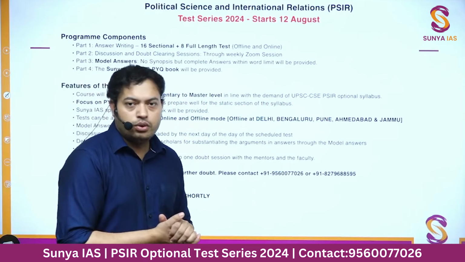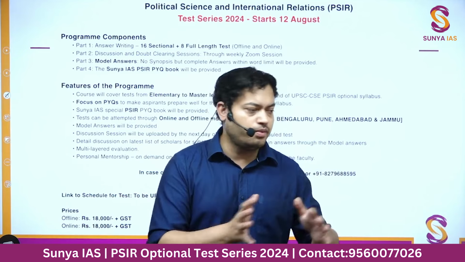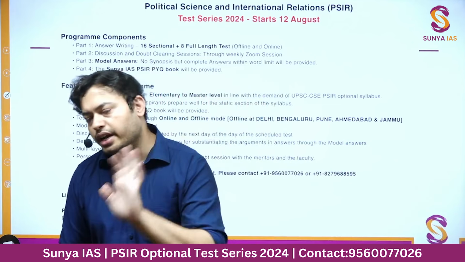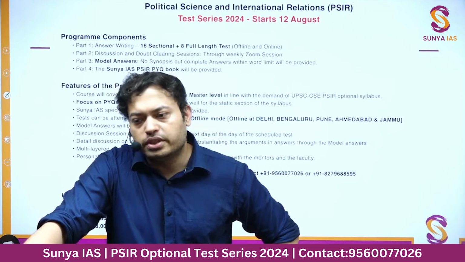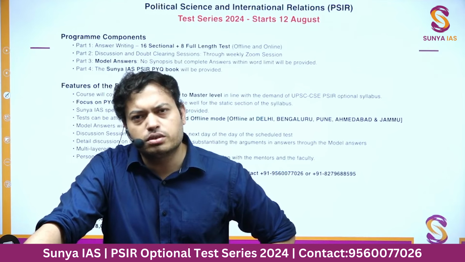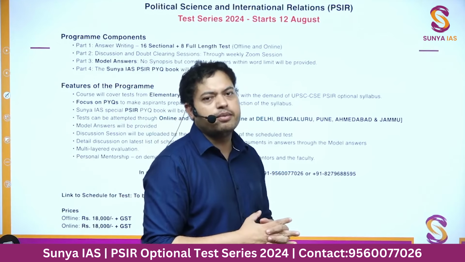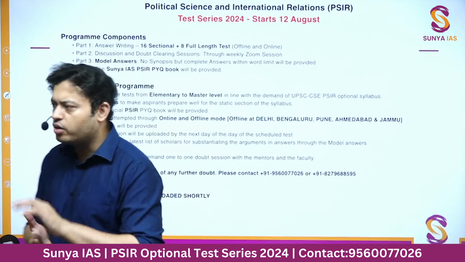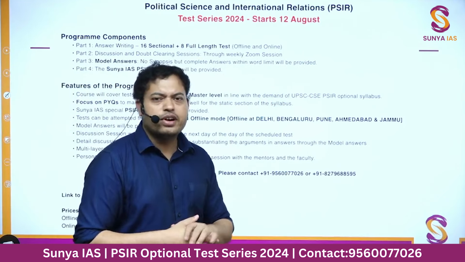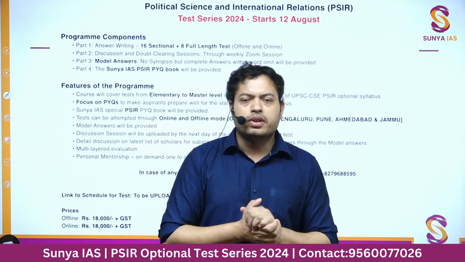Our emphasis is also that as much as possible, the test series should cover the whole of your syllabus by the end. So if there are in total 16 tests, that will be 160 questions, plus 8 test papers with more questions, as in 28 questions each time. So that will be somewhere around 230, 232 questions. You compile all these questions, and by the time you finish this whole thing, you will have around 500 model answers. If you have around 500 model answers, you will be in a comfortable position to write the paper.